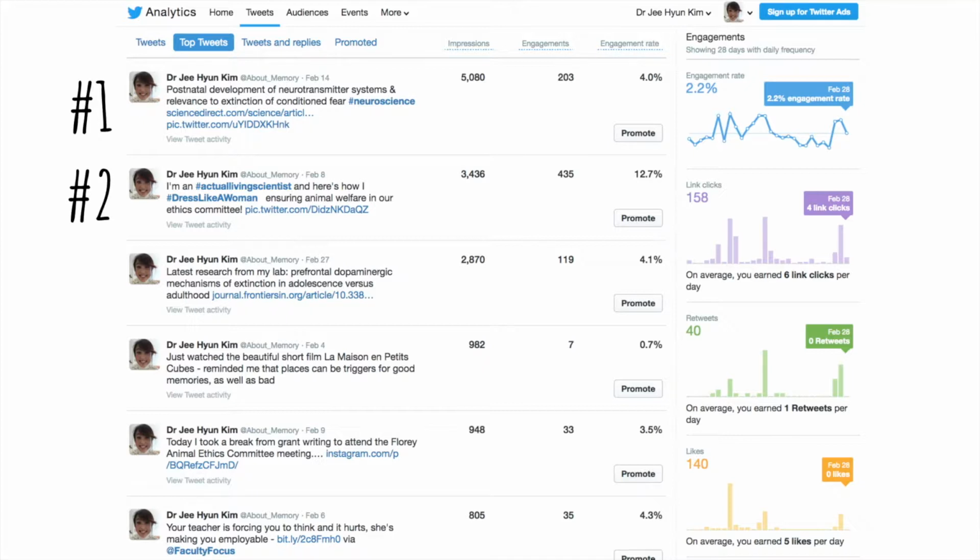The second says something about who Jee is. It relates to her work as a scientist, but it uses this fantastic hashtag with real impact that connects to both the public and to her scientific peers. It says something about exactly why it's important for researchers to be online. And this is such a key part of public engagement.